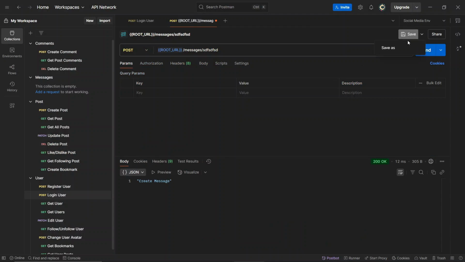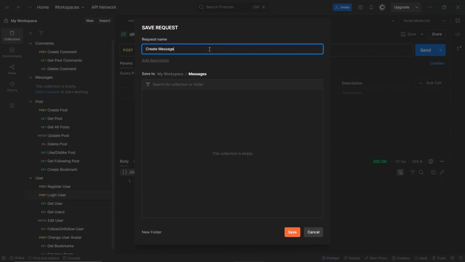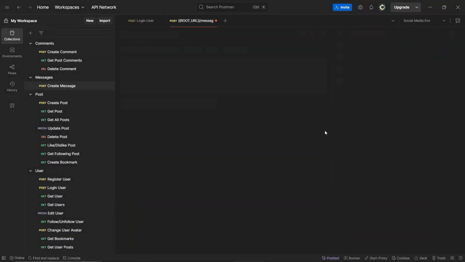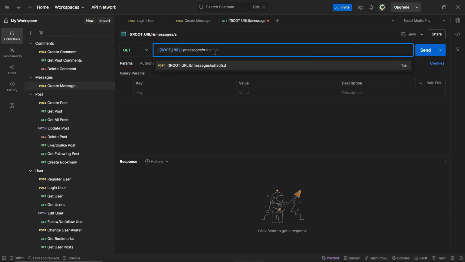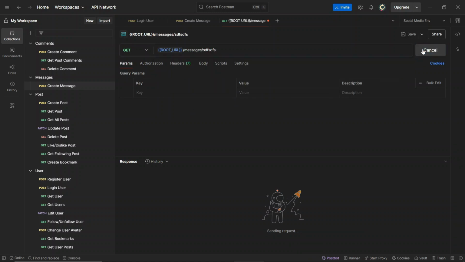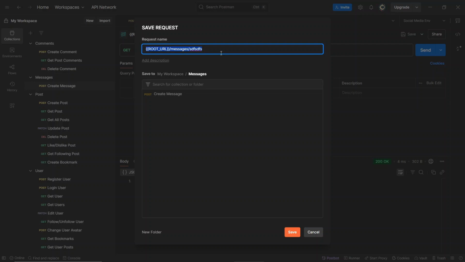Okay, so let's go ahead and save this, and make sure you choose the messages collection, and I will say create message. Save. The next endpoint should be the get messages, so /messages and then the ID of the receiver. That should get us all the messages between the logged in user and the receiver of that message. So I'll say get messages,